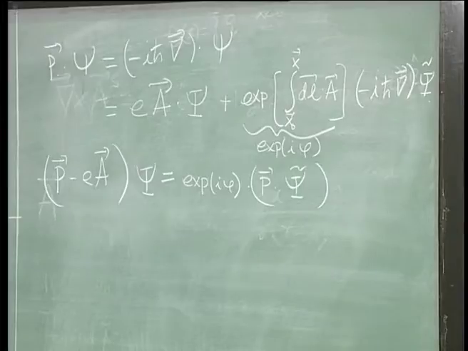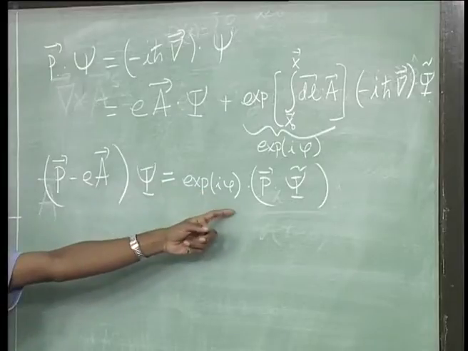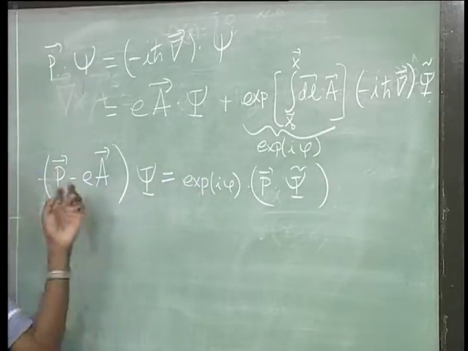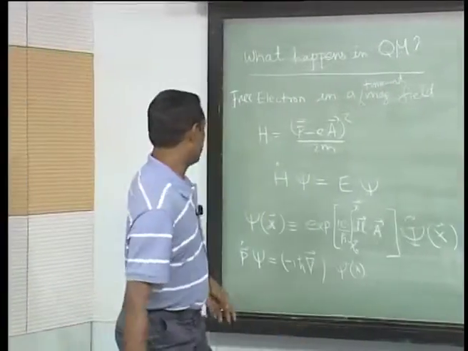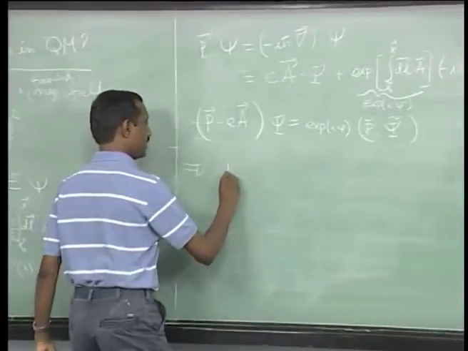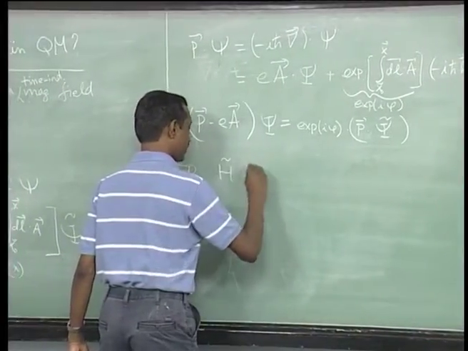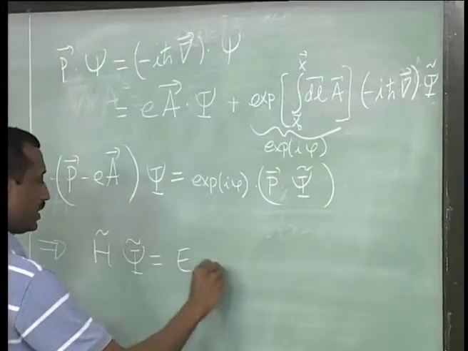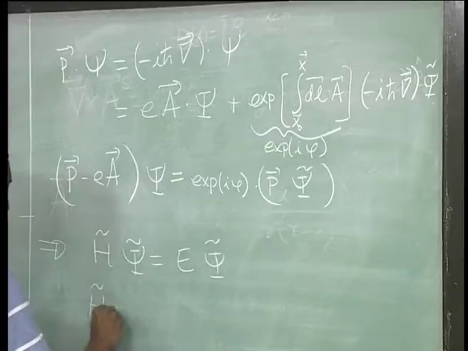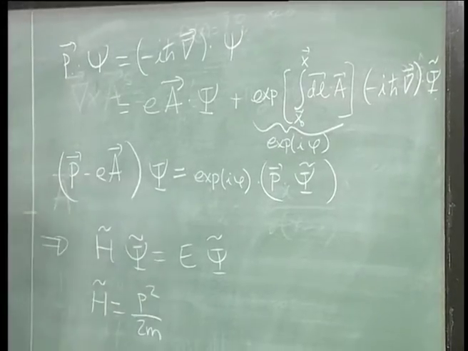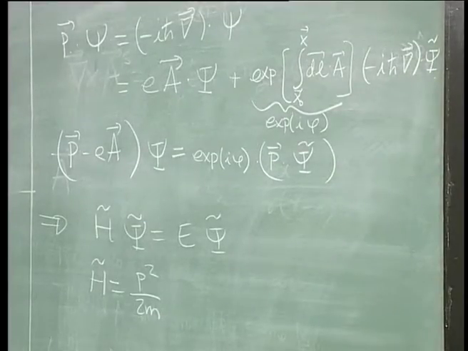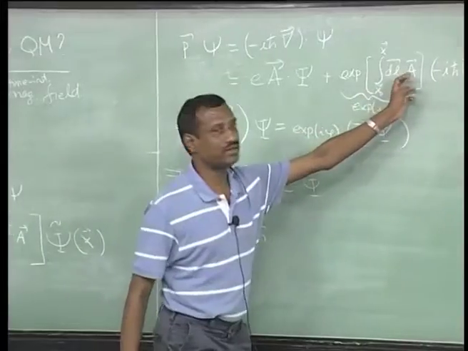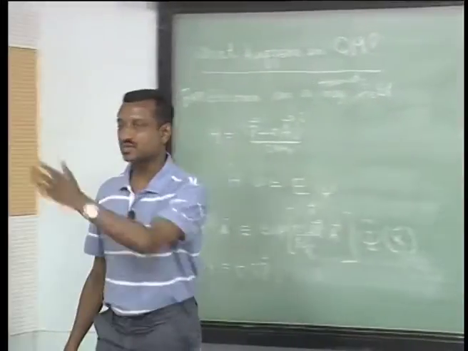Okay. A little bit of calculation will show that, so what is happening here is you can see when P passes through this exponential phase factor, it gets rid of this A and it is only as if it is a P. So you can write out the Schrodinger equation. So this implies that H tilde psi tilde equals E psi tilde, where H tilde is just as if it were P squared upon 2m. So the important point here is that the presence of a vector potential just corresponds to changing the phases of